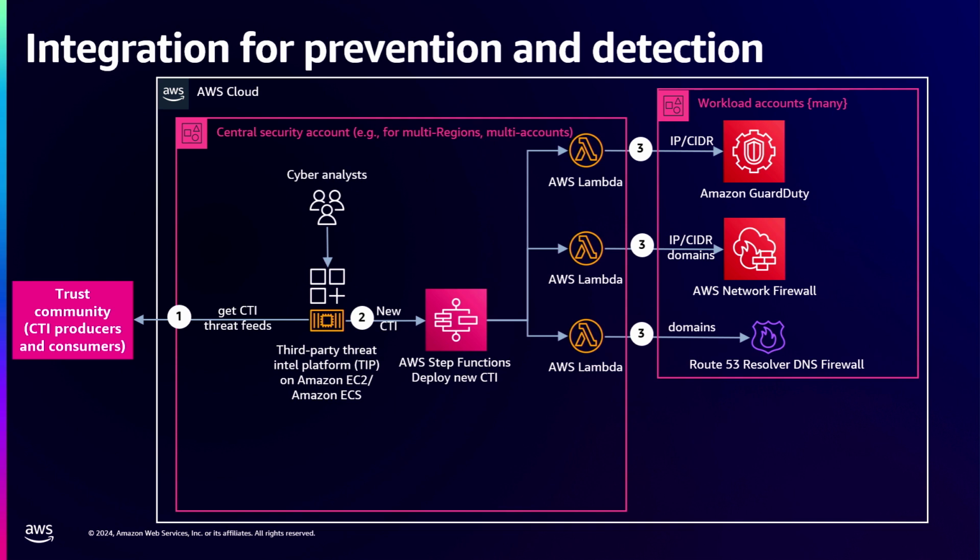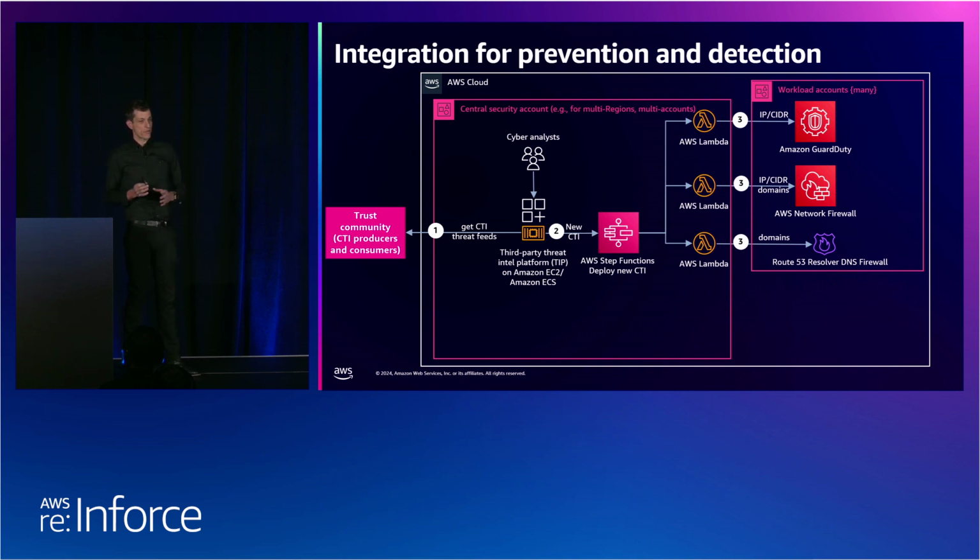Another call out is the AWS service Amazon Route 53 Resolver DNS Firewall, which again can be used to block undesirable DNS queries from within our environment. It's also worth mentioning that both of those services have managed lists of known undesirable, low reputation scoring IP addresses and domains. By leveraging those lists in your deployments, you're basically leveraging the knowledge that Jess was just talking about from our internal services that go out there and find these actors.